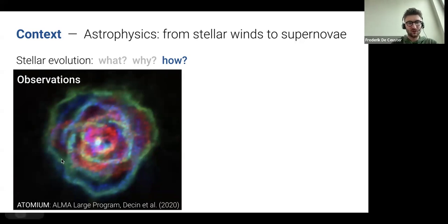The star is called R Aquilae, but actually the star, you don't really see it in the image. It's hidden in the central pixel of the image. What you see here is actually the outflow. This is the stellar wind. In particular, you see here the CO, the carbon monoxide that is flowing away from the surface of this star.